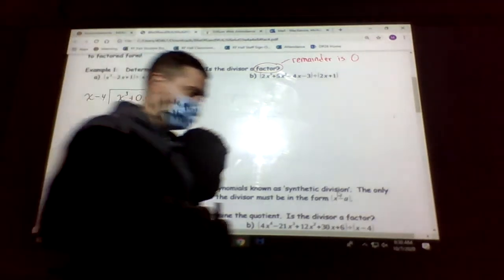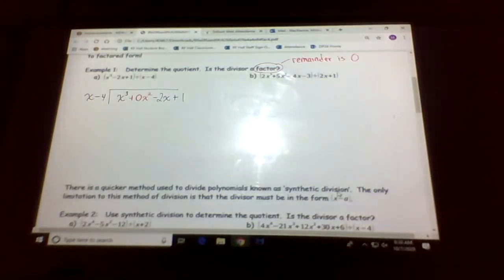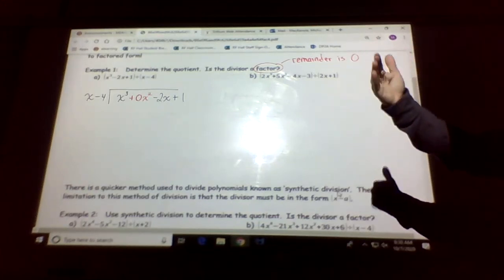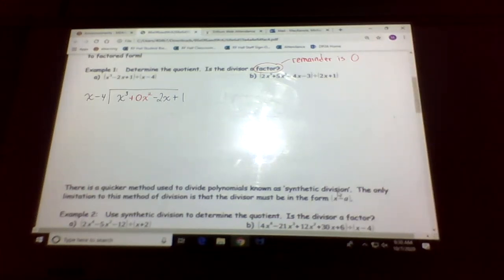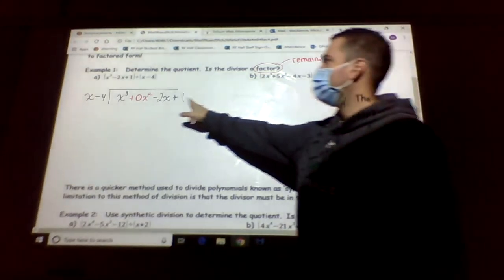So you must have the exponents decreasing from whatever the highest one is, so in this case 3, we need 3, 2, 1, and then 0. 0 is just a number. So 3, 2,